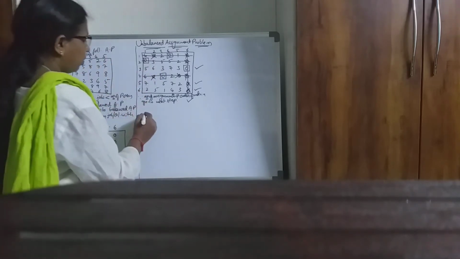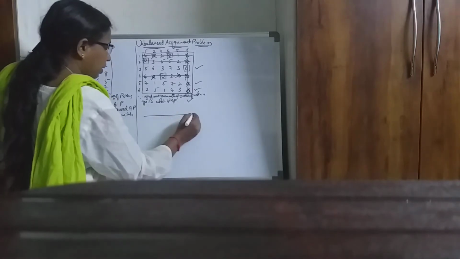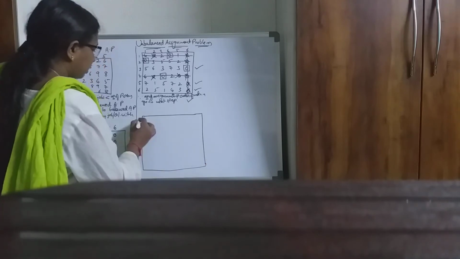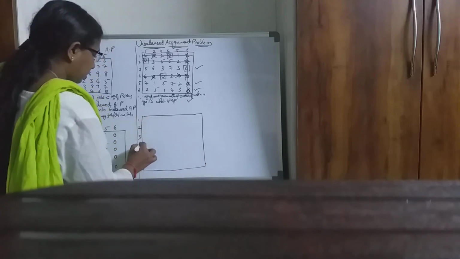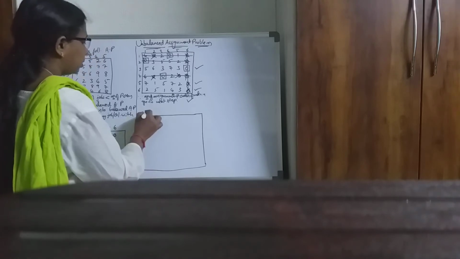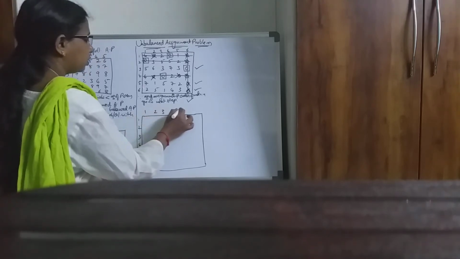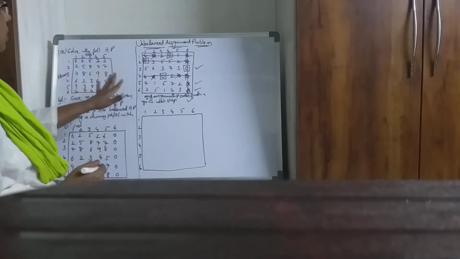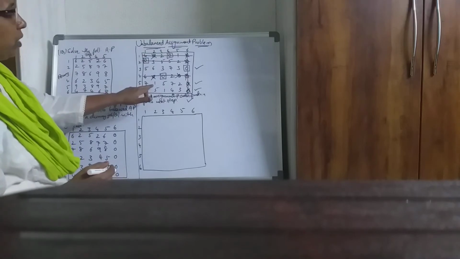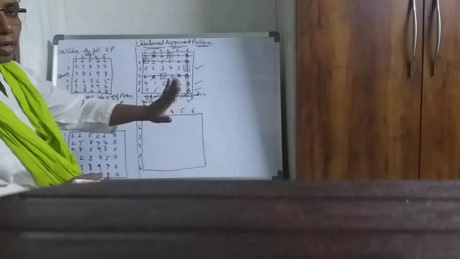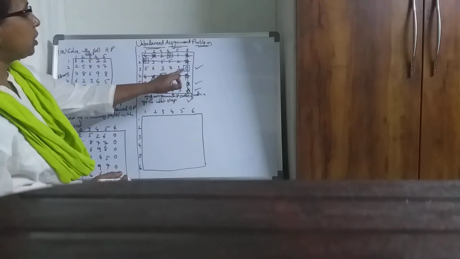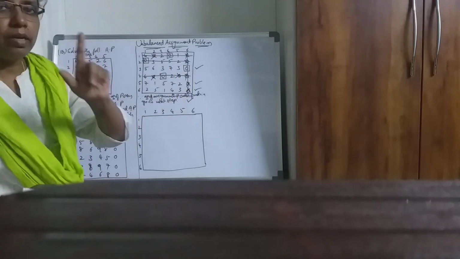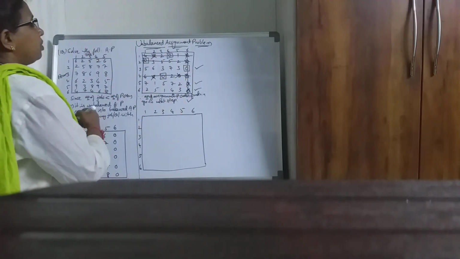Now select minimum of the cost which doesn't have any line passing through them. So select minimum of the elements which don't have any line passing through them, 1. Now subtract this 1 from the elements which don't have any line passing through them. Add this 1 to the elements which have 2 lines passing through them, and leave all other elements as it is which have 1 line passing through them. So I will come row wise.